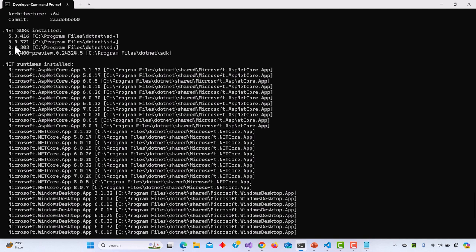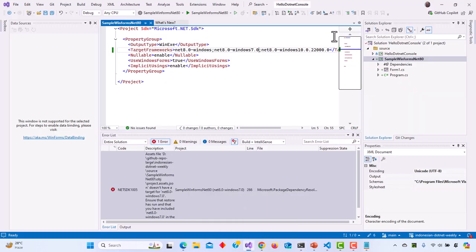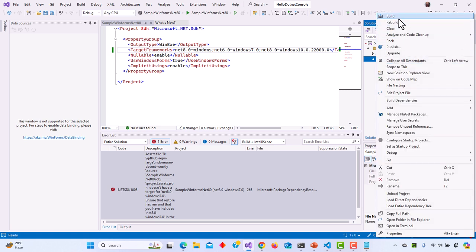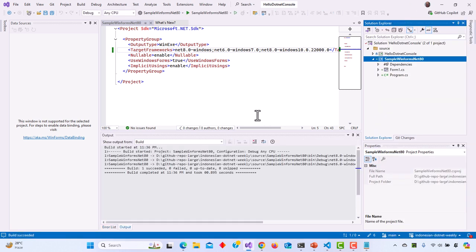6.0 means that I could use WinForms, of course, because WinForms in .NET Core is available since .NET 3.0. But now I'm going to try to have it more like a TFM with OS. Let's see if I could have a 6.0 here with Windows 7. I think I could still have it. Let's try. If I put it now, you see, it is okay. This means that 6.0 still supports Windows 7. And I could not compile this against .NET 7 because I don't have .NET 7. But my point is,